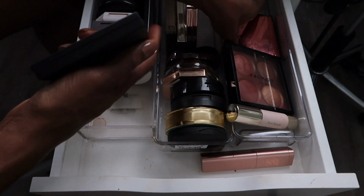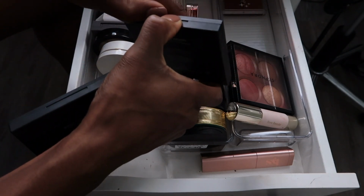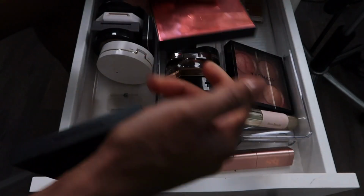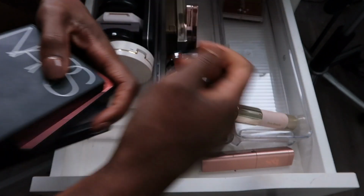So maybe, but you know what? I don't think I have enough. So this is blush bronzer. That's the Nars duo, yeah. All right, so now I've got to figure out what I'm doing about this section over here because,